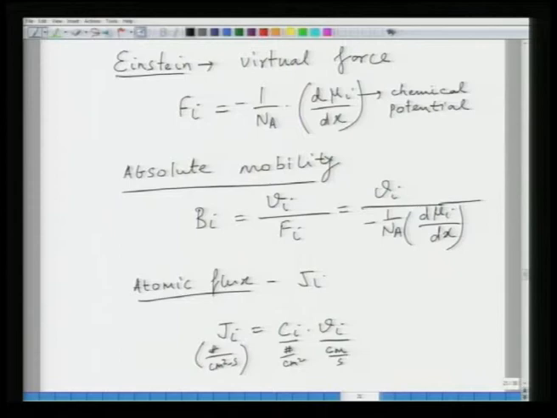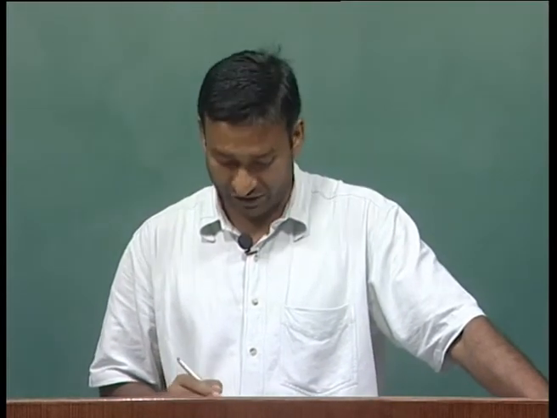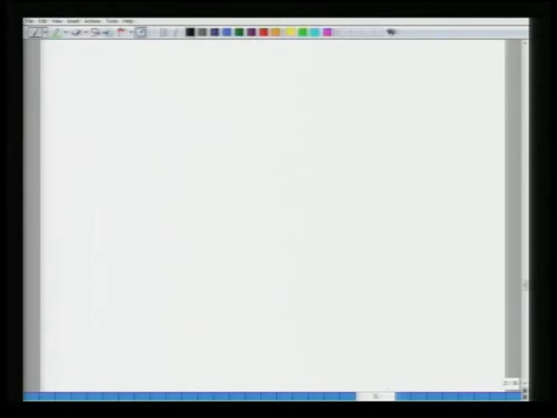So, flux can also be related to concentration gradient, but we are not doing that at the moment, because what we are saying is that flux is because of negative gradient in the chemical potential. So, we are not relating it to the concentration gradient as yet. Flux is the number of atoms or species passing through per unit square area per unit time, which is the product of concentration multiplied by their velocity. So, this makes sense. Now, if Ji is equal to Ci Vi, then I can also write